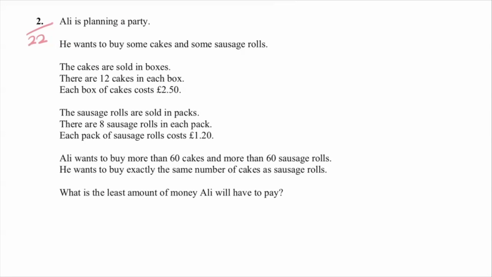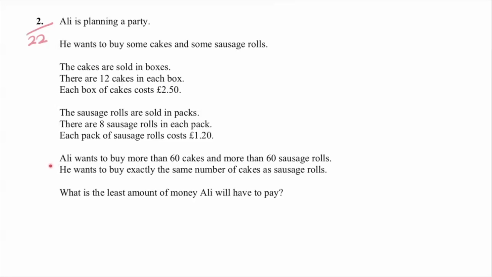Okay, another crossover, very wordy. So with these types of questions, we just want to read it through carefully. And in most cases, we can do it just step by step. Now, as you read through this and you're picking up all that information about your cakes and your sausage rolls, you get to